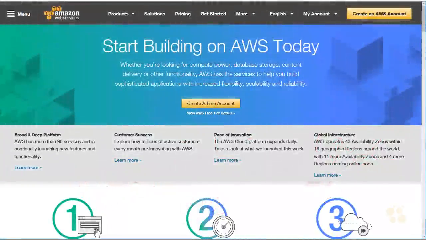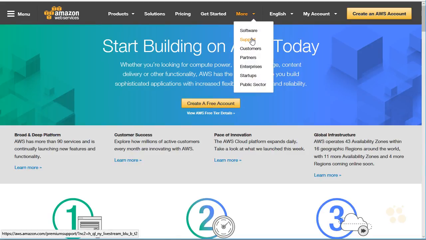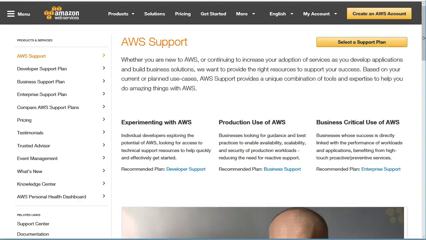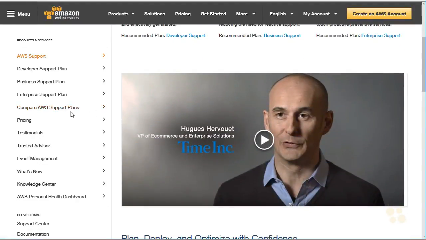Now, while I've covered everything you would need to know at this exam level when it comes to OpsWorks, what if you're starving for more information for this in Amazon Web Services, or for that matter, any of the services that we will bring up in this course? No problem. You don't even need to be logged in to AWS to get this information. So when we're at the Amazon Web Services homepage, what you can do is hit this More and go to Support. And in the Support area, there's a link under related links down here over on this side. Notice it's right down at the bottom.